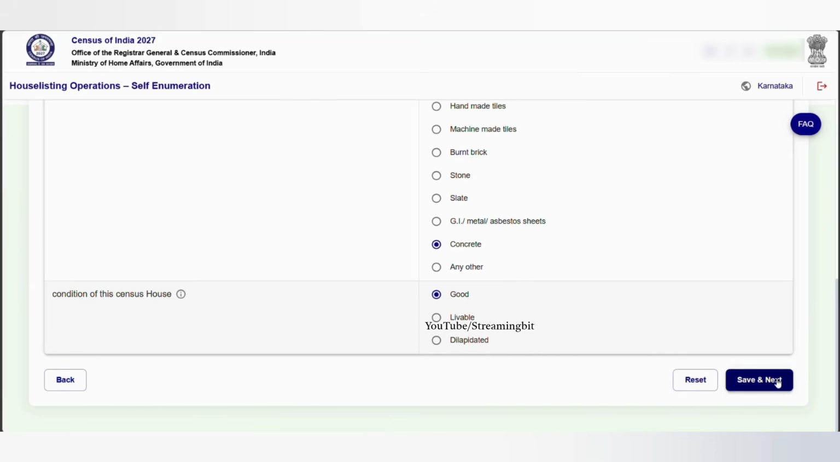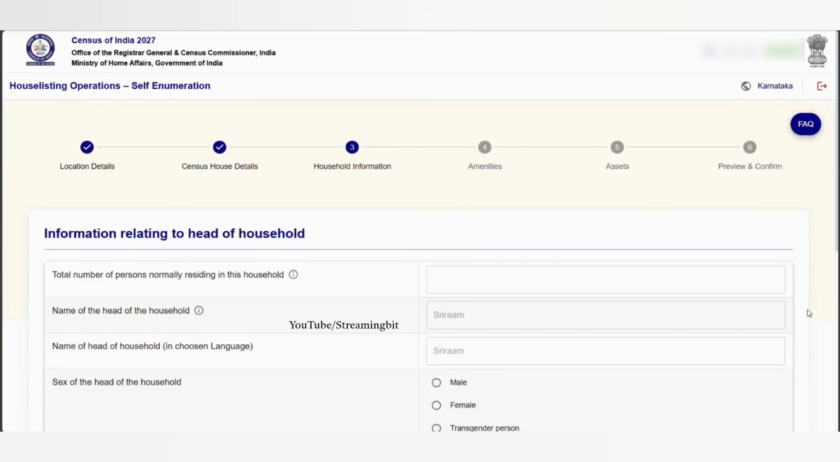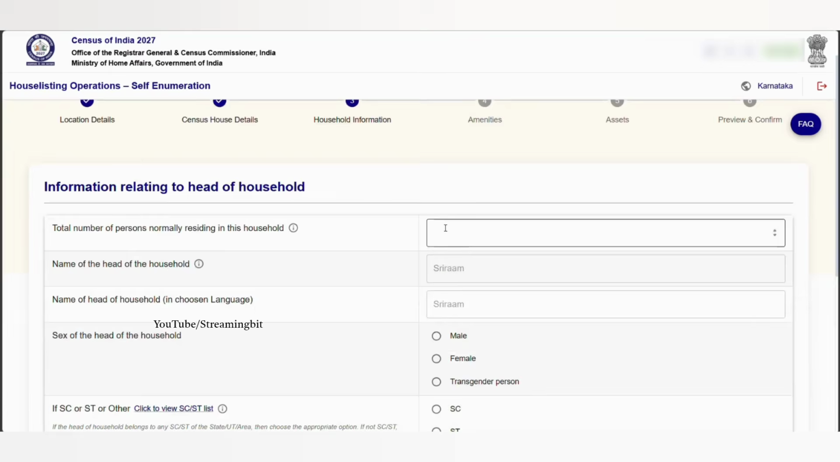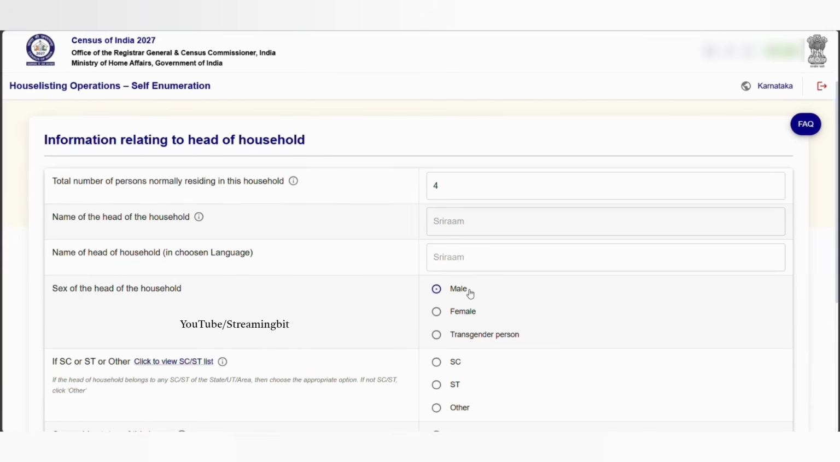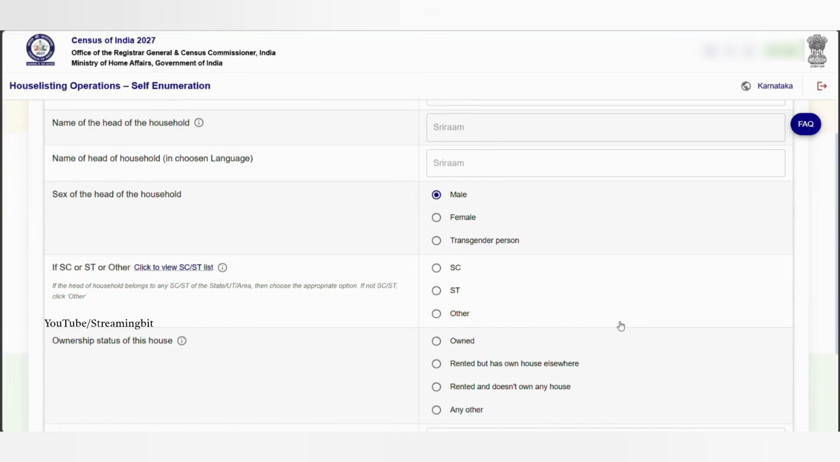And next comes the information related to head of household. So you can enter the number of persons residing in this, and also the name of the head of the household, which will be populated by itself. And you can update the sex of the head of the household, and you can update the